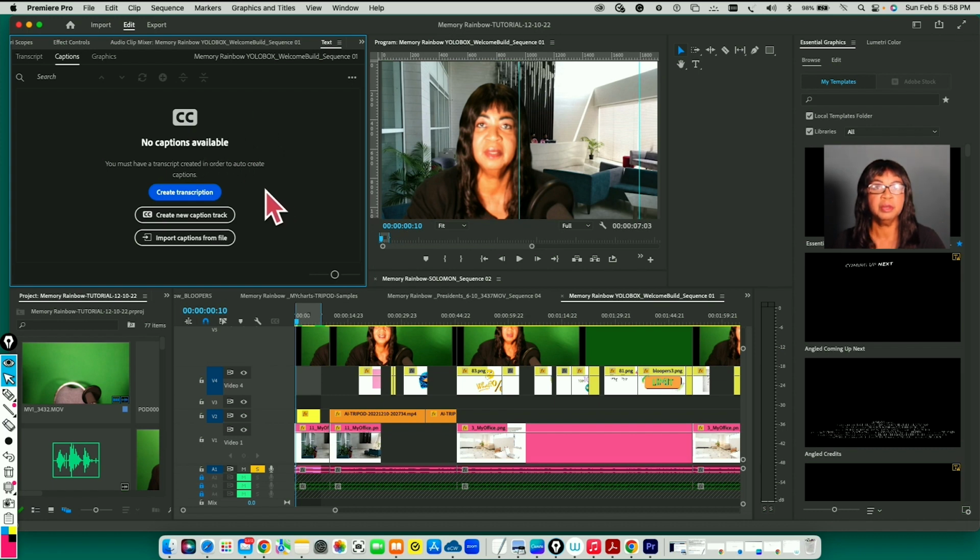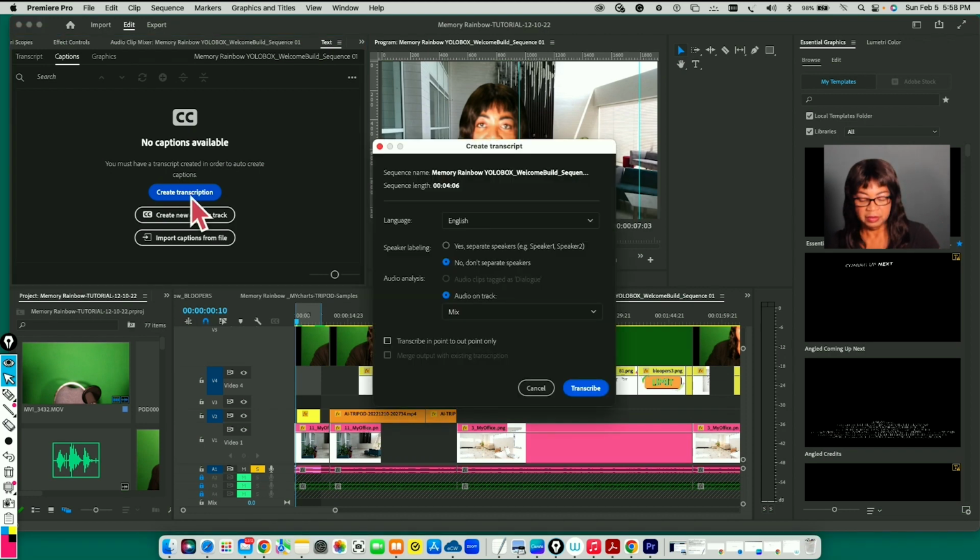And then it allows you to create transcription. It says create transcription, create new caption track, import graphics from file. We don't want any of those. What we want to do first is we can go ahead and just create the transcription, and then we'll do the captions. So you hit create transcription. It comes up, as you can see on the screen,